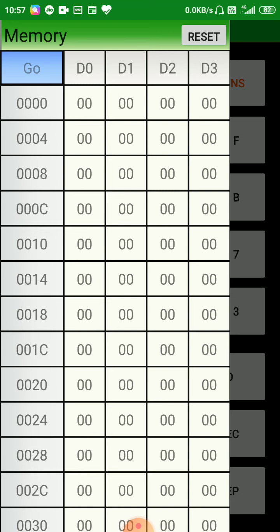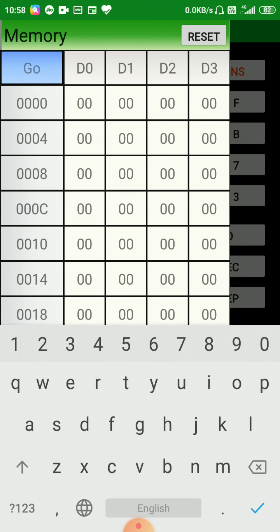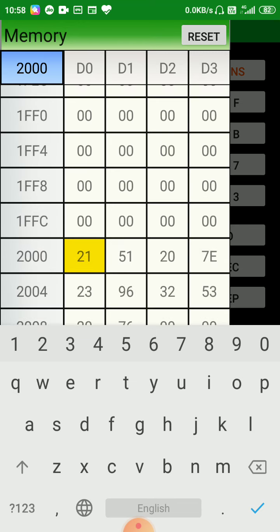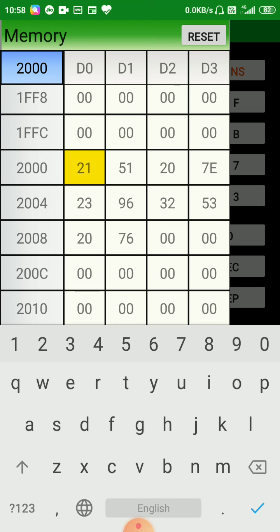Okay, you know we have used program address 2000, right? Here we are at 2000, your opcode is there, 21. After that, the lower byte of the memory location 51, the higher byte 20. After that, again the instruction code, that is opcode 7E, opcode 23 at 2004, at 2005 96.